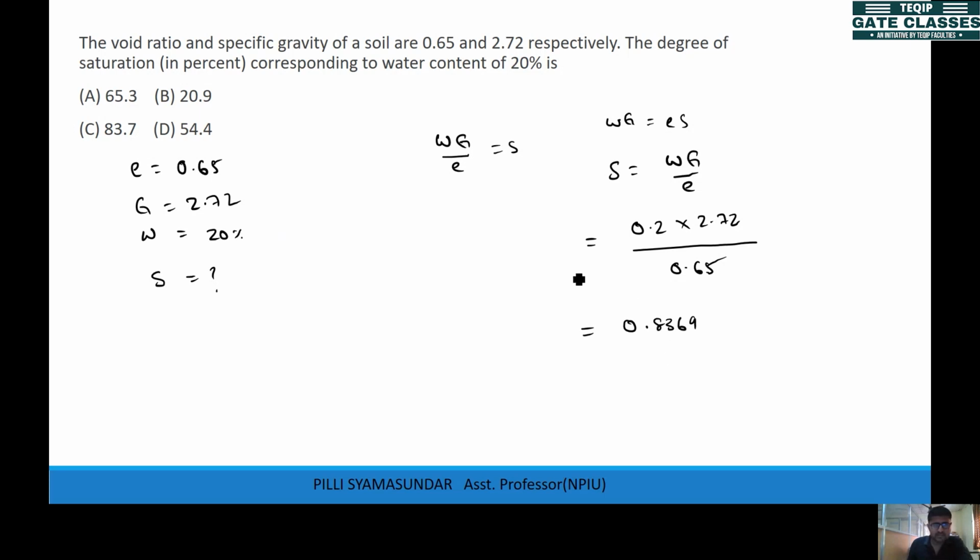but it is asked in percentage, right? So you look at these things in the bracket, you know, sometimes it might be asked to round off, sometimes to 1 decimal, 2 decimals, you have to carefully look at the question. That's what we are discussing. Read the question again. Degree of saturation is required in percent, not in decimals. So if you convert this into percent, you just have to multiply with 100. So this is 83.69, 83.7% closely. So this is the answer.